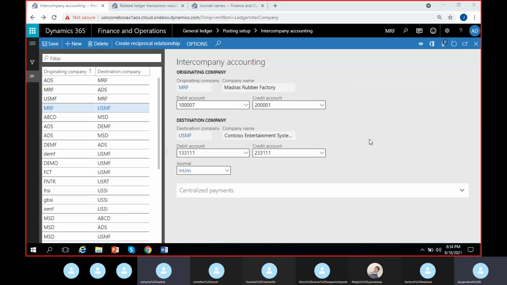Perfect then. So if you want to use originating company as USMF, then you should have this rule USMF to MRF configured. Okay. And if you want to post the same kind of journal in USMF, then you have to have this rule configured. So that is the key thing. If you don't give this, you can't post a transaction from USMF to MRF. So again, it will throw error message saying that there is no relation between USMF to MRF. So MRF to USMF is there, but same way you have to create USMF to MRF as well. So if it is clear, then I'll show you